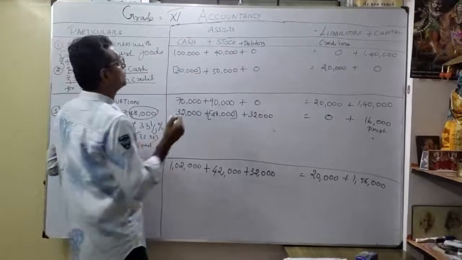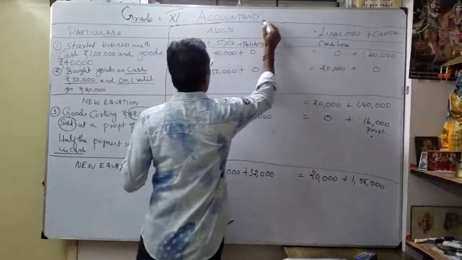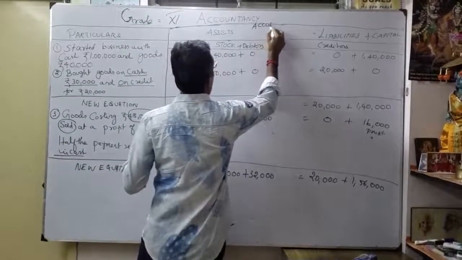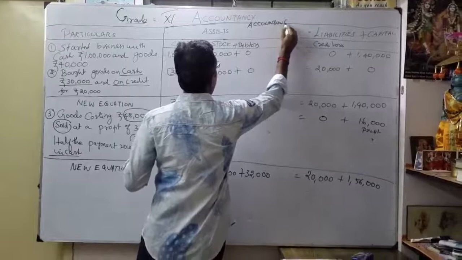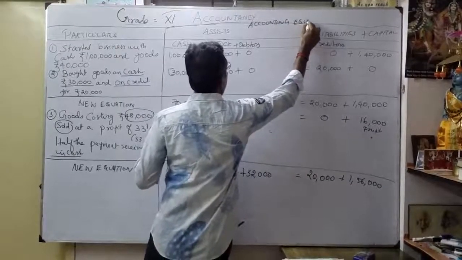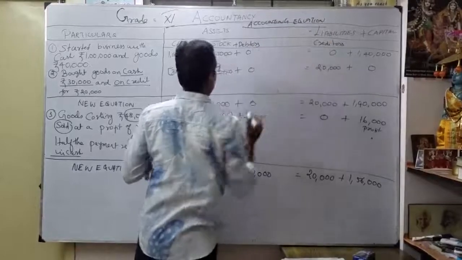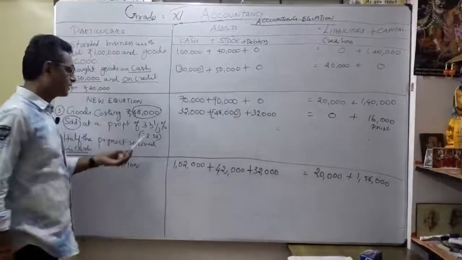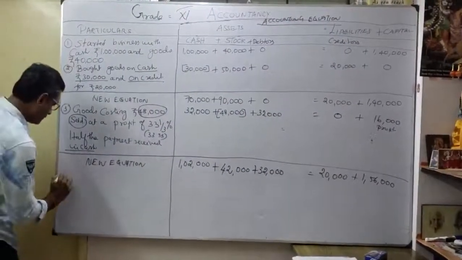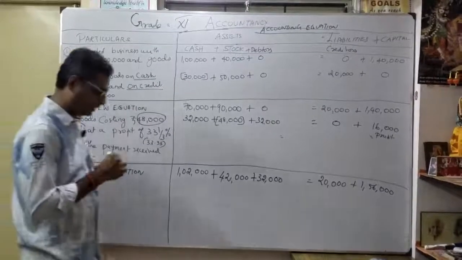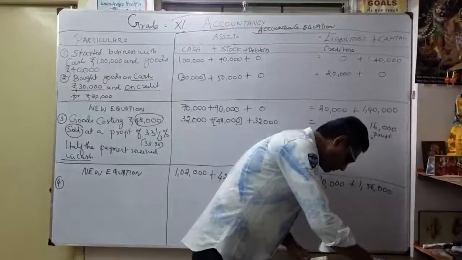Or find out the accounting equation. Correct? Okay. So this is what sum? It is called the accounting equation. Okay, accounting equation. So this heading you want to write. Now understood, no? So that is a very, very important transaction. Now move to the fourth business transaction. We will see what the fourth one is.